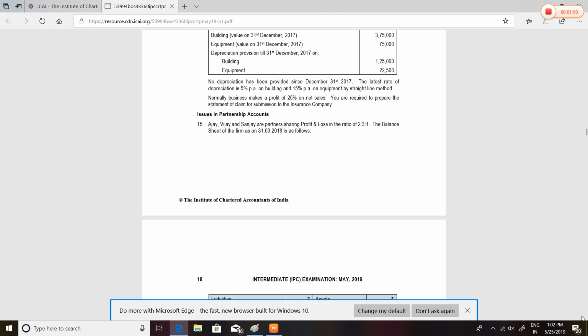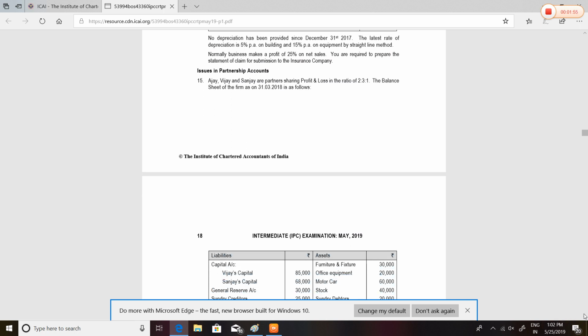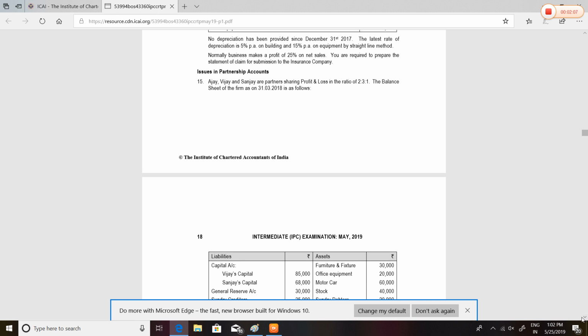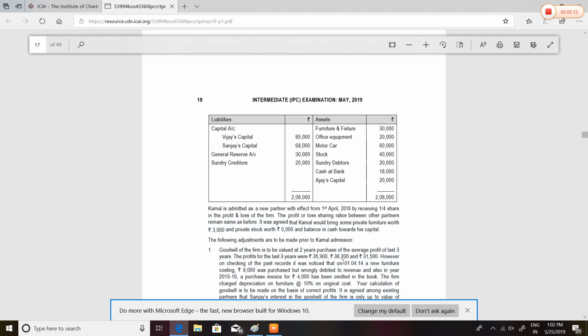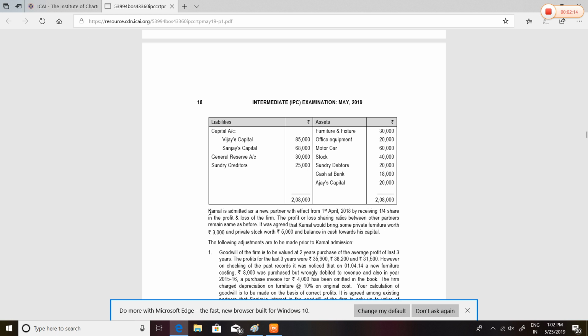Okay, question number 15. Ajay, Vijay, Sanjay are partners sharing profit and loss in the ratio of 2 is to 3 is to 1. The balance sheet of the firm as on 31st March 2018 was as follows. Okay, we are with the partners' capital accounts. They say that Kamal is admitted as a new partner with effect from 1st April 2018 by receiving one fourth of the share in the profit and loss account. By receiving one fourth share, okay,